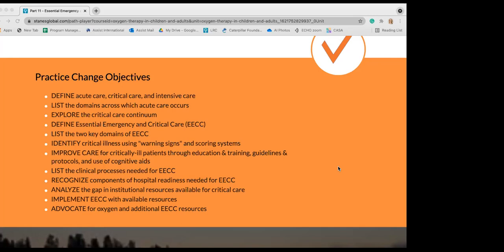So we gave examples of the Stanford guidelines for common complications in the operating room, but also for maternal care. So the other objective was to list the clinical processes needed for essential emergency and critical care. So we gave just an